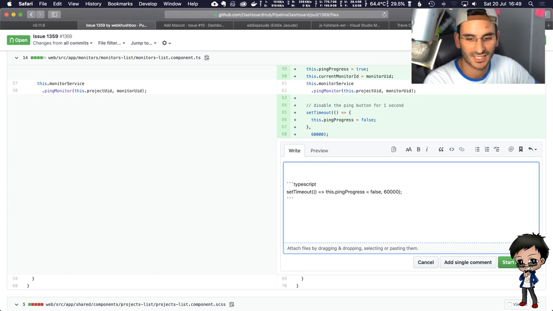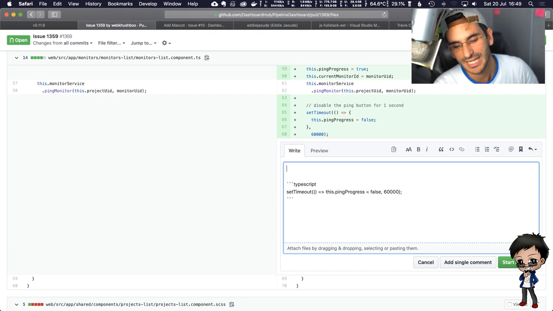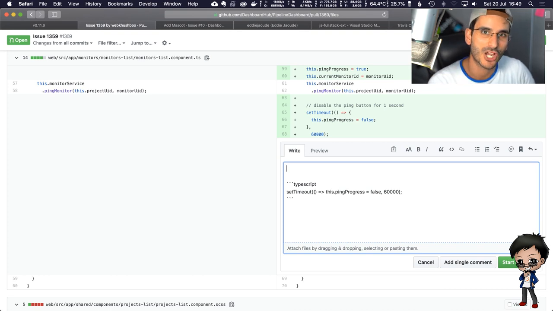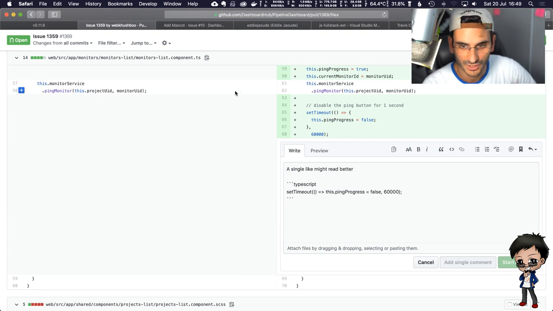Let's discuss this and see what we can work with, because this is an interesting challenge that you've got here. Like I said, I haven't done it before, so I'm quite intrigued by it as well. I'm keen to maybe try something slightly different, which might not work. I'm not saying what I might try will be better, it's just a different way of doing it. There's so many ways that things can be coded that there's no right way. A single line might read better. Let's add that comment in so I don't forget.